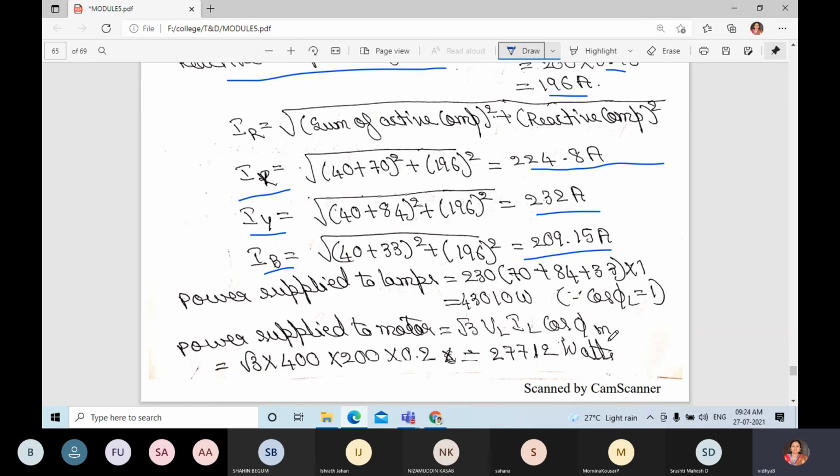Power supplied to lamps is 230 into 70 plus 84 plus 33, into 1, that is 43,010 watts, with cos phi L equal to 1. Power supplied to motor is root 3 into VL into IL into cos phi, that is root 3, 400 as VL, IL equal to 200, and cos phi M given as 0.2. So when you multiply,